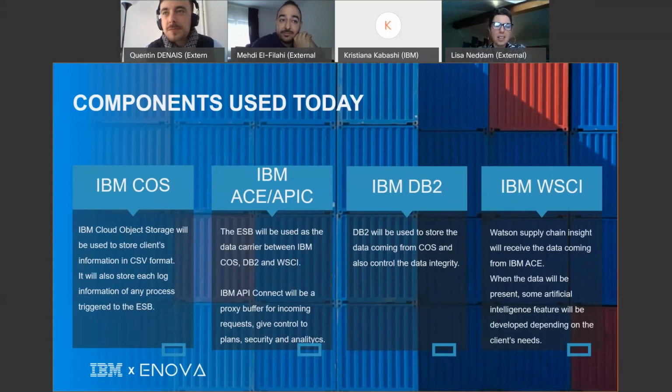So about data. Absolutely. Mehdi, if you could give us a little bit of background about the different building blocks, because I think the introduction of Quentin was great to understand the area of application and the end-to-end value proposition, but I'm sure our listeners are curious to see what's in the box, and what components are contributing to that solution. Okay, so during our proof of concept, the client asked us to easily find a way to export data